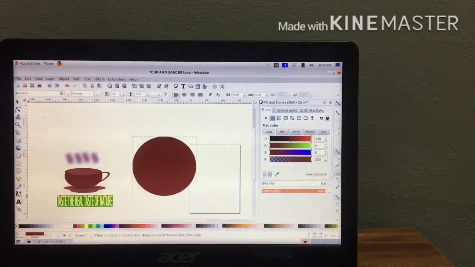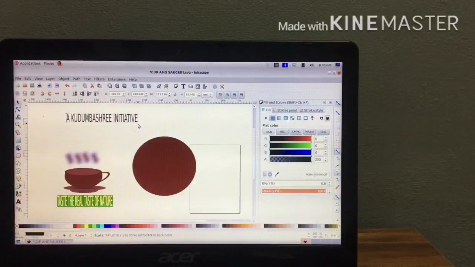Then select the text tool and type the text, that is, A Kudumbashree initiative.